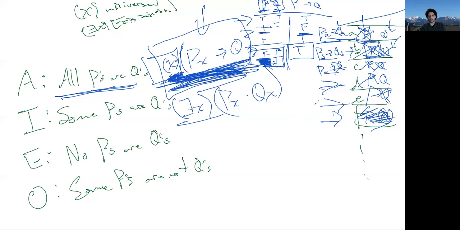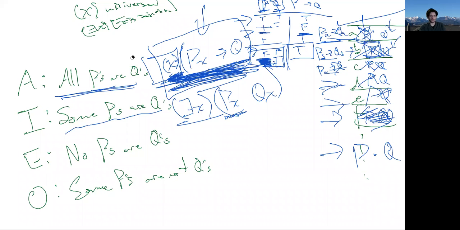And so back to the existential, if you just don't satisfy the PX part, if we were trying to do this with a conditional, and one of these guys is not a dog, then it'd be true automatically that some dogs are brown. But that's not what we want. The only way we want to be able to say some dogs are brown is if you can actually find me a guy on the list that is a dog and actually is brown. And for that, that's just our conjunction.